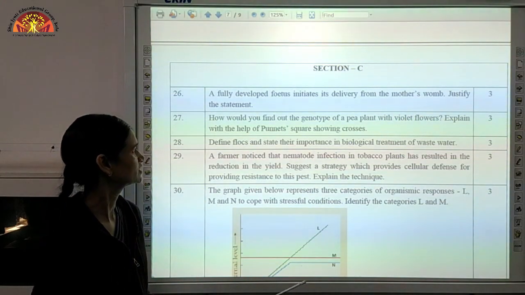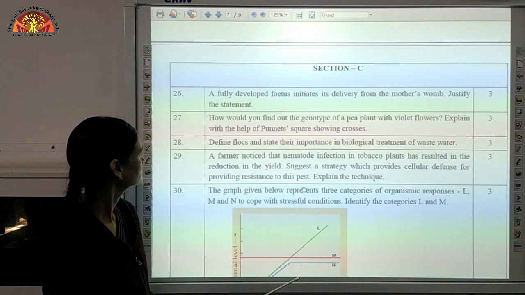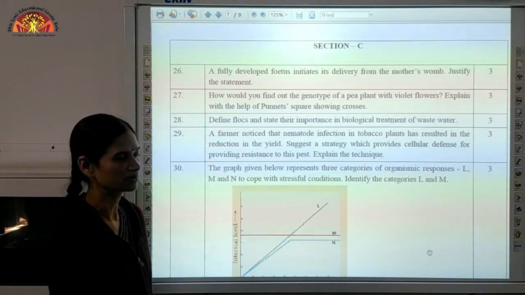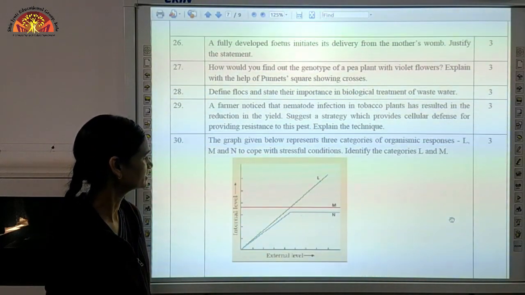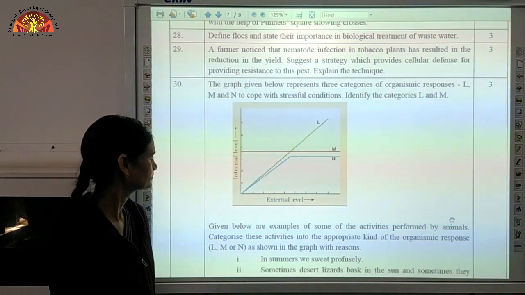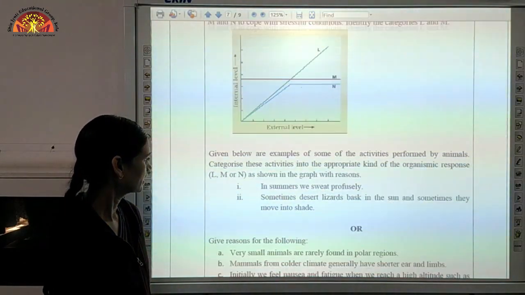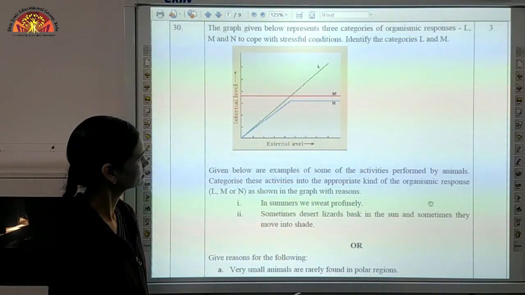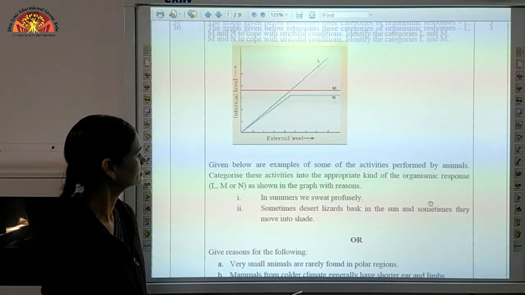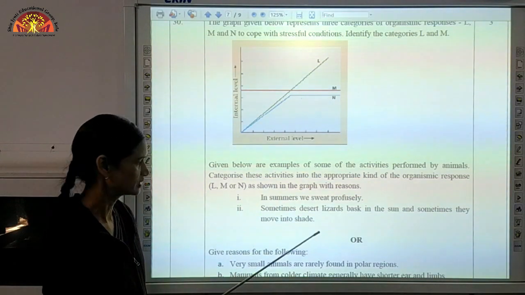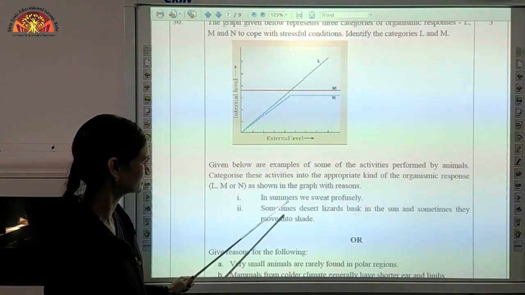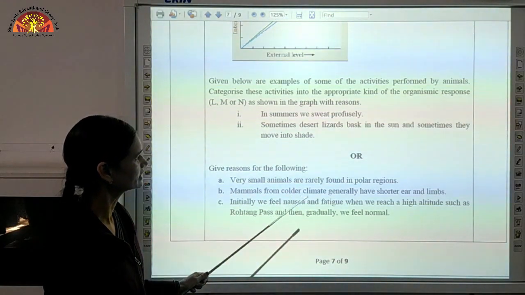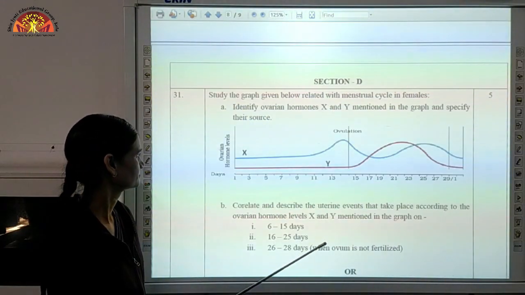Then section C, which comprise of 3 marks each. So you have to attend these questions accordingly, according to the marks given in front of it. तो ये 3 marks की questions हैं and choice is there in question number 30. तो suppose question 30 as you can see on the screen, there are 2 alternatives, so you can attend either this part or the lower part. ठीक है, तो आपको जहाँ पे और given है तो उसमें से एक attend करना है.